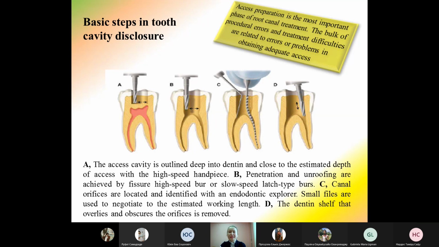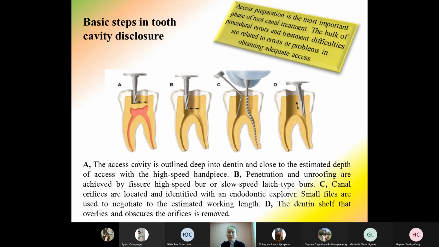Access preparation, actually, is the most important phase of root canal treatment, and the bulk of procedural errors and treatment difficulties are related to errors or problems in obtaining adequate access. Sometimes dentists try to preserve tooth structure as much as possible and don't remove this part of dentine above the root canal orifices, and thus location of the root canal is a problem,